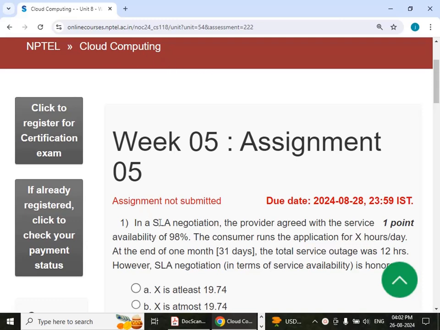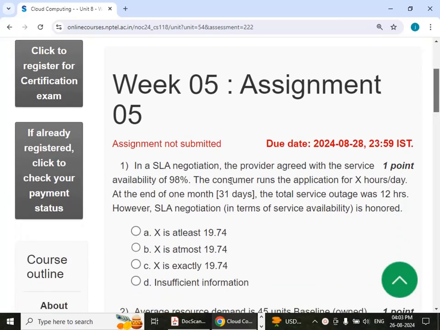First question, in an SLA negotiation the provider agreed with the service availability of 98%. The consumer runs the application for X hours per day. At the end of 1 month the total service outage was 12 hours. However, the SLA negotiation is honored. So the solution for this,